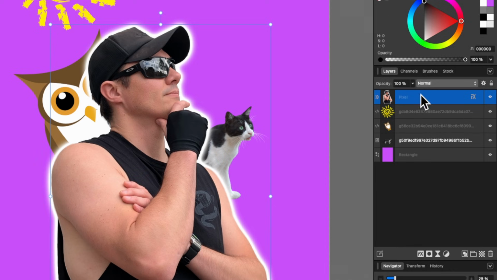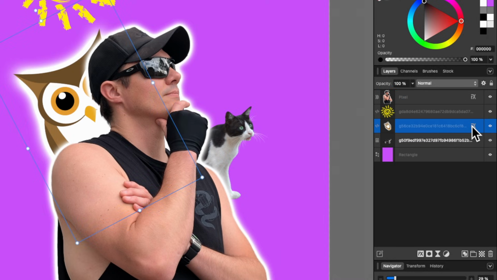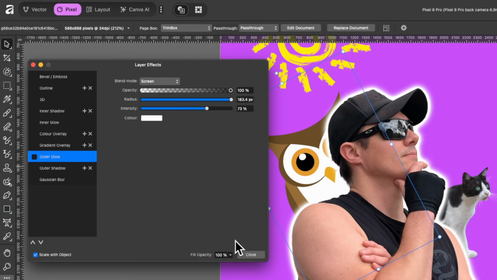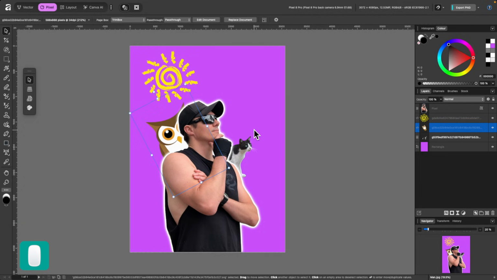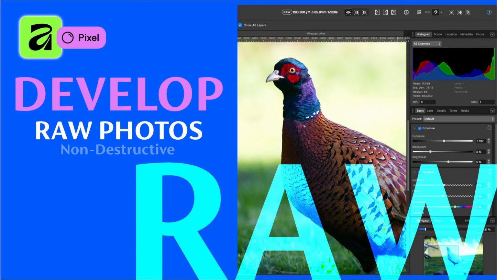And if you look in the layers panel, it now has an effects applied to it, a layer effect. You can actually apply that same effect to any other image you have. So you see the owl there. I can click on the effect, just drag it down, and it basically kind of pastes it onto whatever you drag it onto. So now it's on the owl. If you no longer want them anymore, let's say on the owl, I'll just click on that effects button there, and I can uncheck that and press close. Okay, that's layer effects.